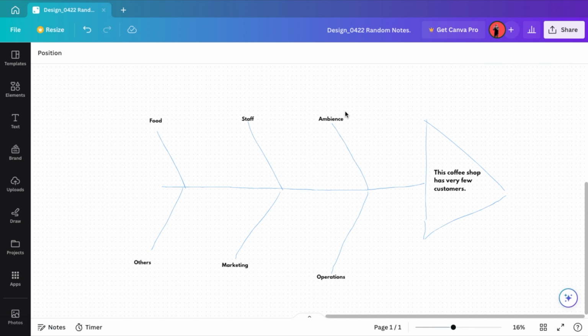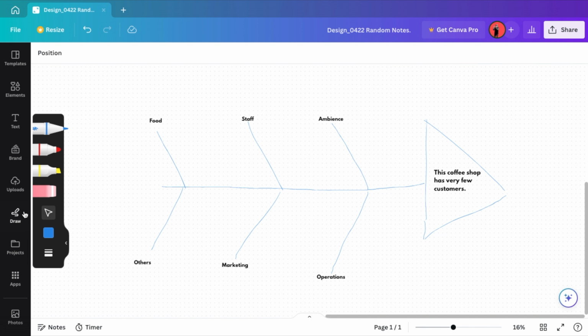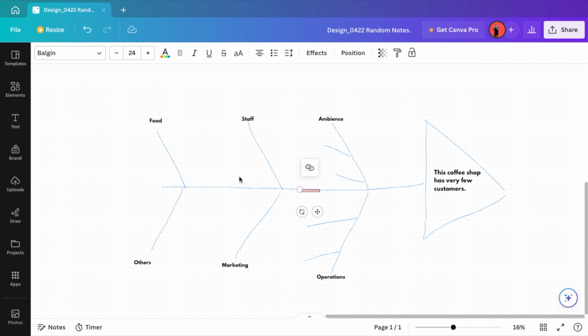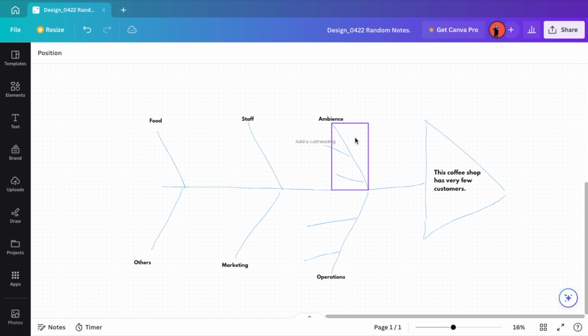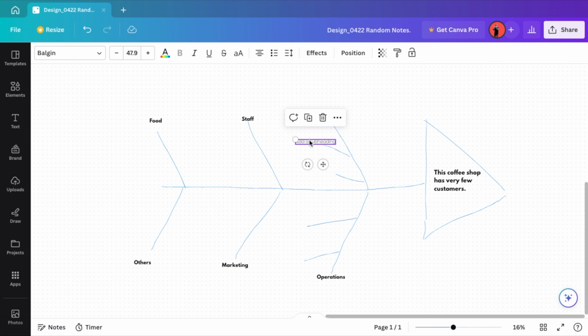Okay. So once we have said it, what we are supposed to do is that our sub problems are going to go into the micro bones of this fish, right? So we can create some micro bones. You can create as many as you want, and then all these subcategories of this problem will go in there. For instance, let's say we are talking about ambience here. Let's create a new text. So what is the problem that you are currently facing with the ambience of the coffee shop? With discussions and thoughts, we are going to say that